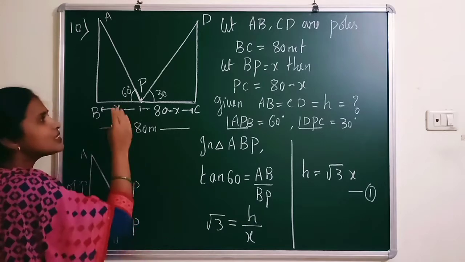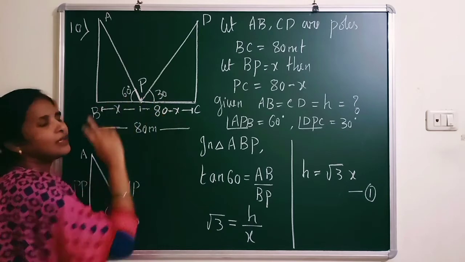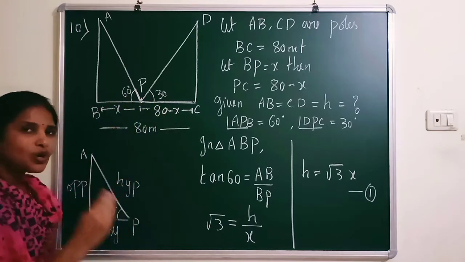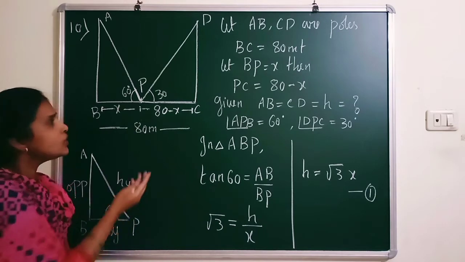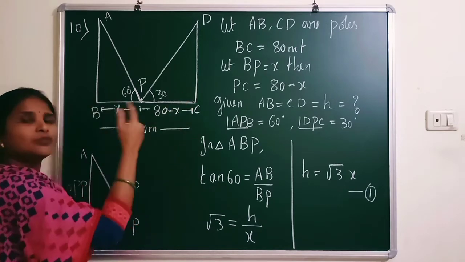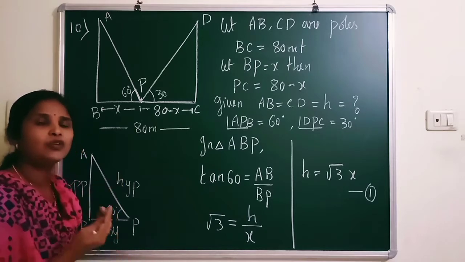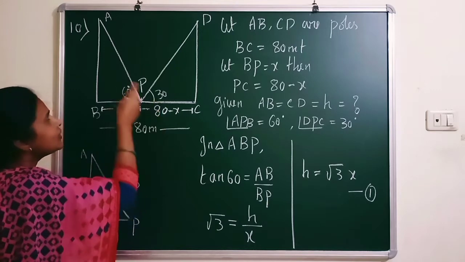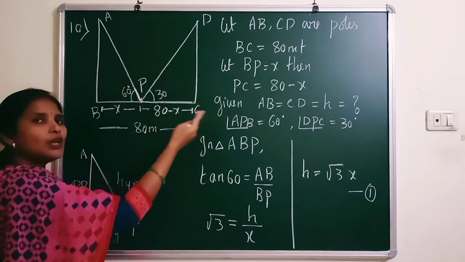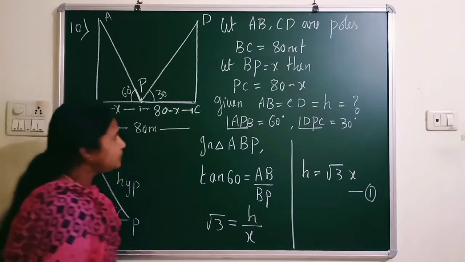And he has given 60 and 30 respectively. So the first one will be 60 and the other one will be 30 degree. Because this is a point, from the same point you are observing the elevations. So the heights are equal. So don't get confused that in the previous question I told according to the angle, but that was from different points. Because the point is same here and the angles are different, so you may have the equal poles also. Now I should find the height of the poles.